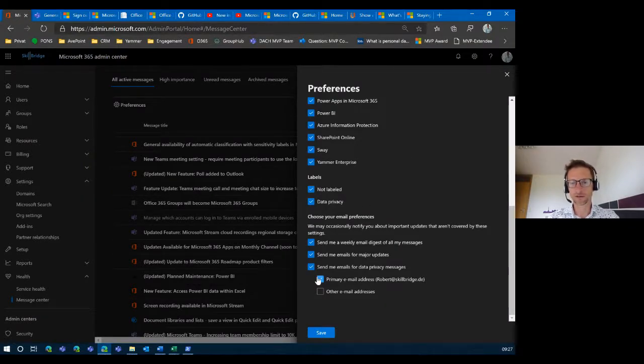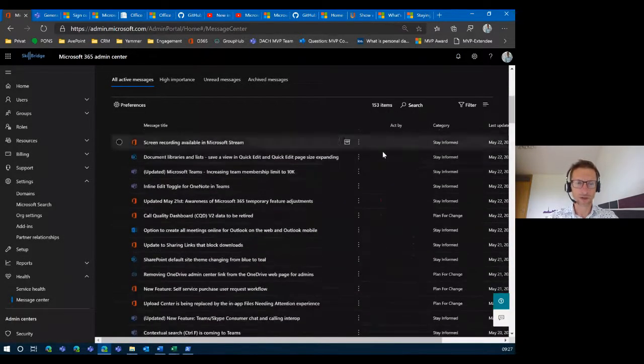You have the ability to send to your general administrator account, or send to this distribution list if you want to use it this way, or separate single users, and you can do it here as well. All right, now we got this done. Perfect. Then we know the message center is this one-stop shop to go ahead and work proactively to